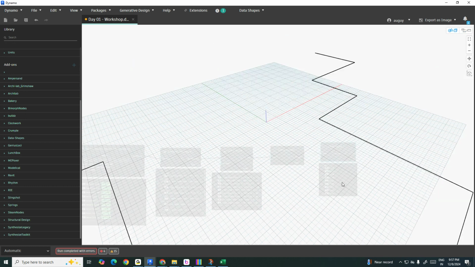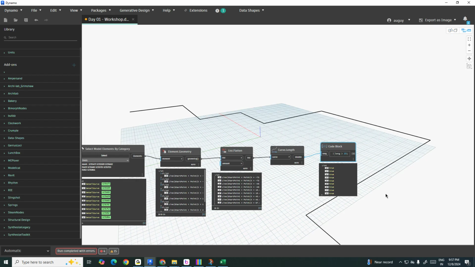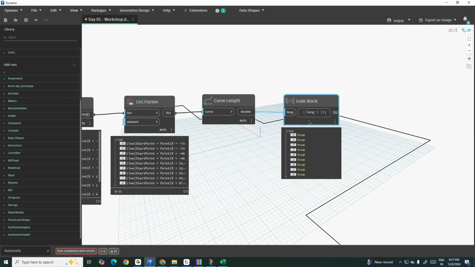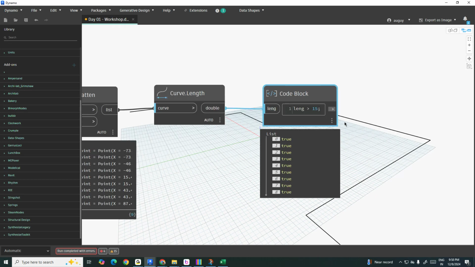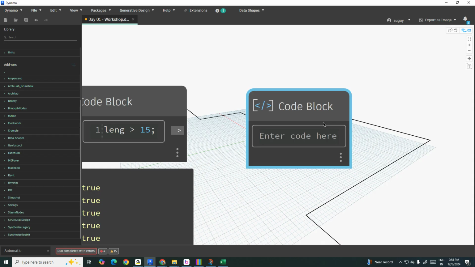So I just want to check the slope ratio. How do I assign the slope ratio from the beginning? If it's greater than 15, they are true. They all are bigger than 15. I just want to check if it is bigger than 45. Do you understand, Amit? If the length is bigger than 100, then the slope ratio should be